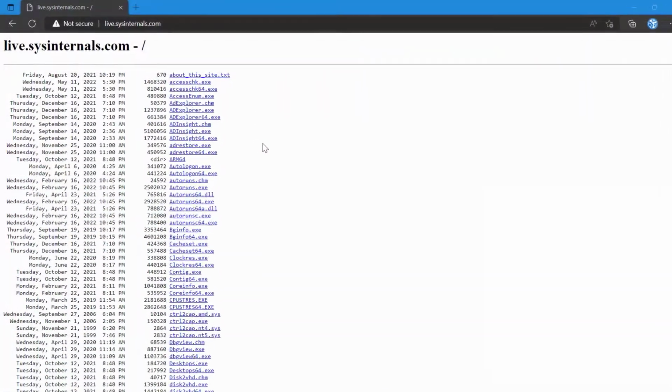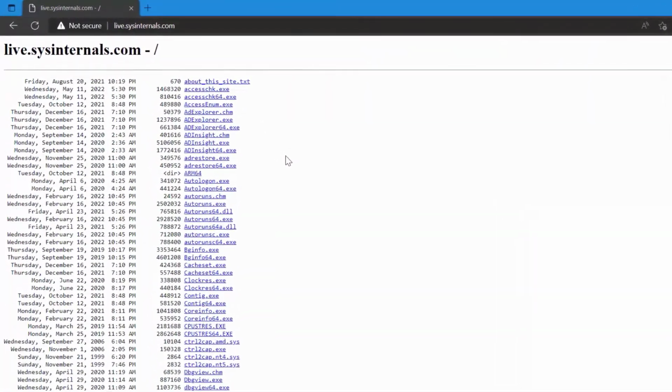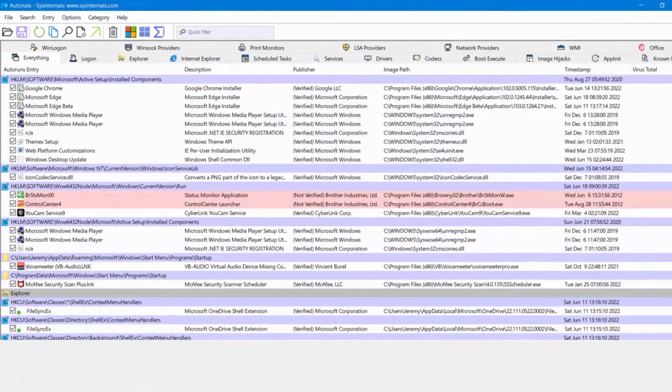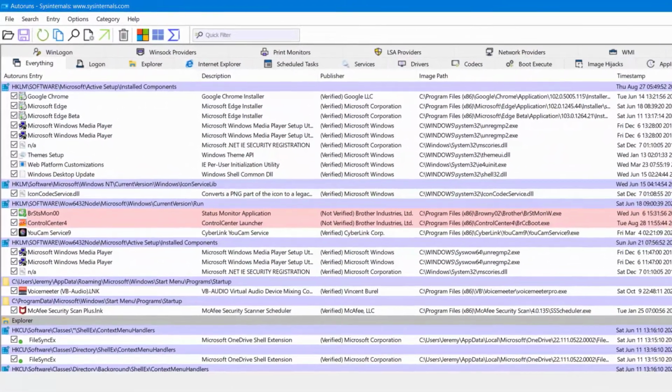Now, if you're, for example, heading home after university and trying to correct some of your parents' PC issues, maybe your kids are complaining that their PCs are getting slower. Well, it could be that it's caused by all the different startup processes that are running. So now you know the tool that you can get to from live.sysinternals.com to really look for every single process that launches after you start up your PC, and then prune away the things that you don't need to run during that startup process.